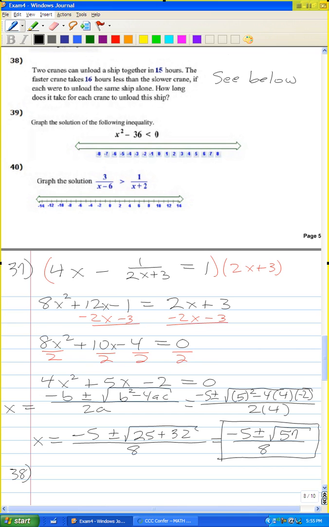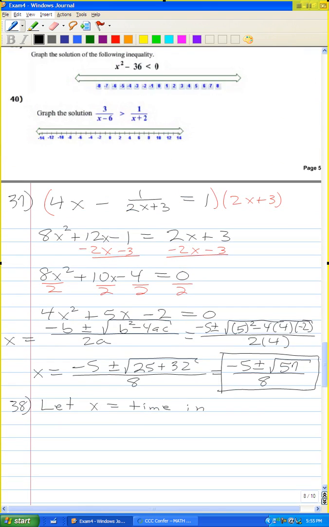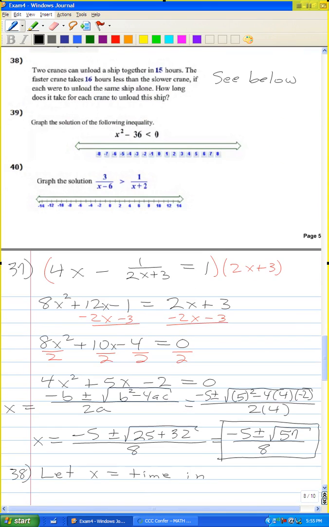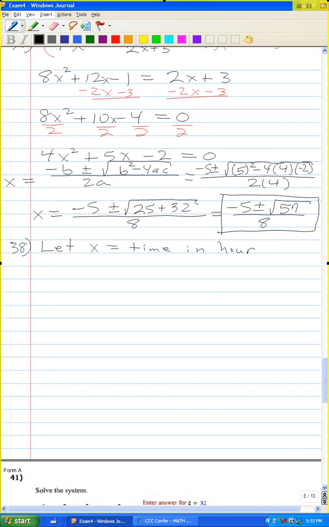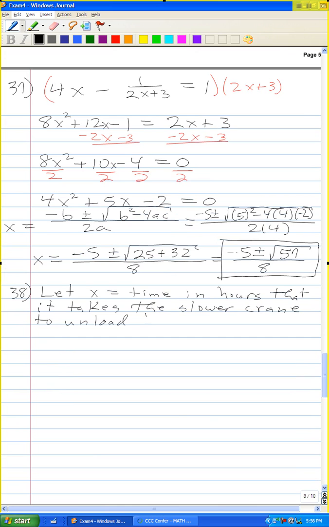So let x equal the time in hours that it takes the slower crane to unload the whole ship. Okay, so